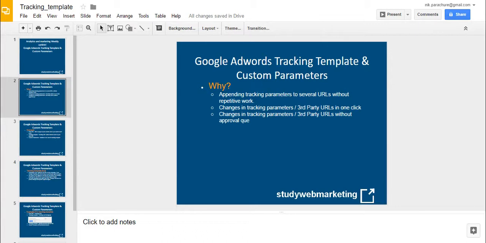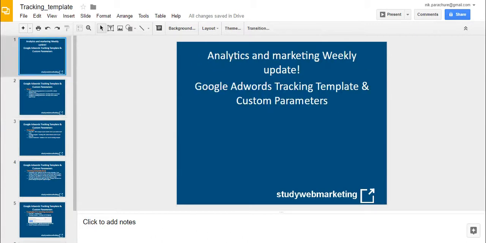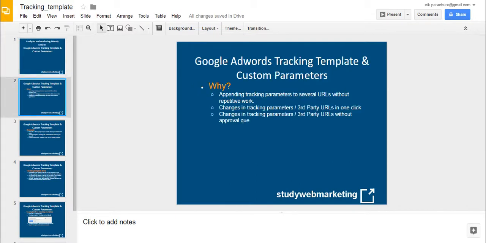In this session, we're going to discuss Google AdWords tracking template and custom parameters. We're going to discuss why we should use these new features, when we should use these new features, and how we should use these new features. So we're going to start with why. With these new features, there are several reasons to use them, but the top three I'll mention here are